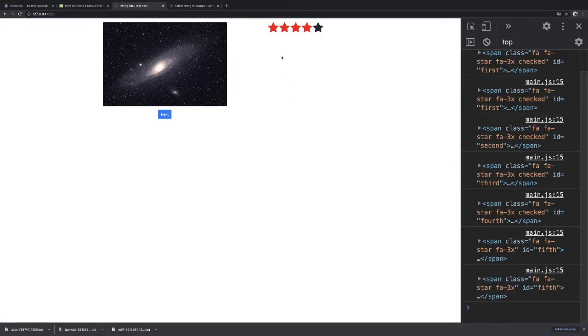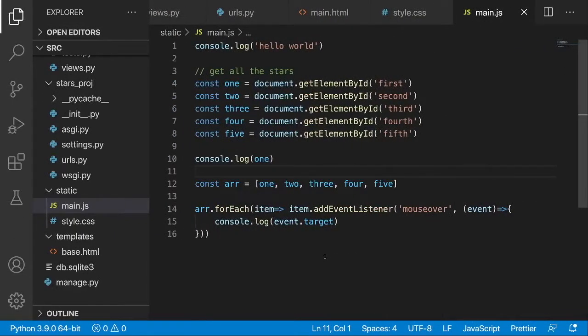Okay, but then if I go on the 1st, we have the 1st. Then if I go on the 3rd, we have the 3rd. Okay, so this is working, but we need to have an additional function that will help us simply remove or